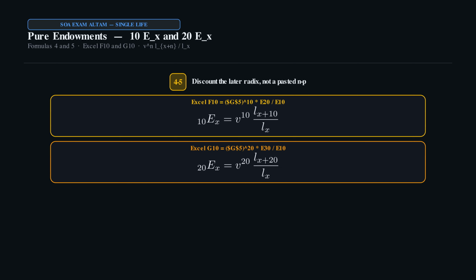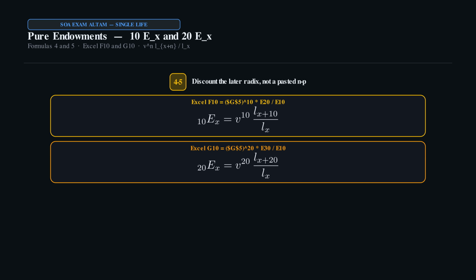Formulas 4 and 5 are the commutation-style pure endowments. 10EX is V to the 10 times L at X plus 10 over L at X. 20EX is V to the 20 times L at X plus 20 over L at X. Excel does not store a separate 10p column. It reads the radix 10 and 20 rows below. V is the header G5,